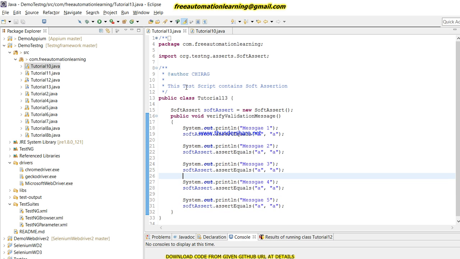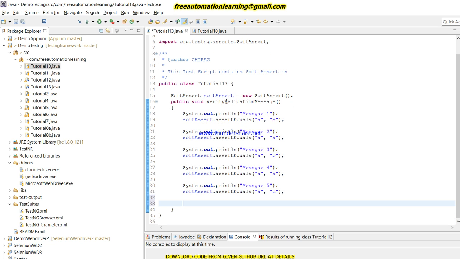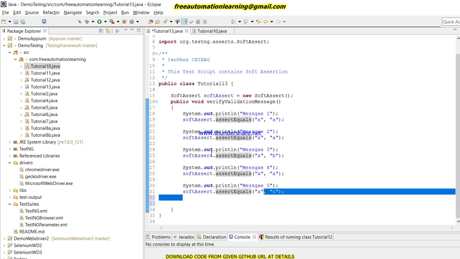What I did is change the expected value to B over here and C over here. For message 3, I changed expected to A and B. This is the difference, so it would fail because we are verifying equals. And for message 5, I also changed A and C, so this step would fail, right?